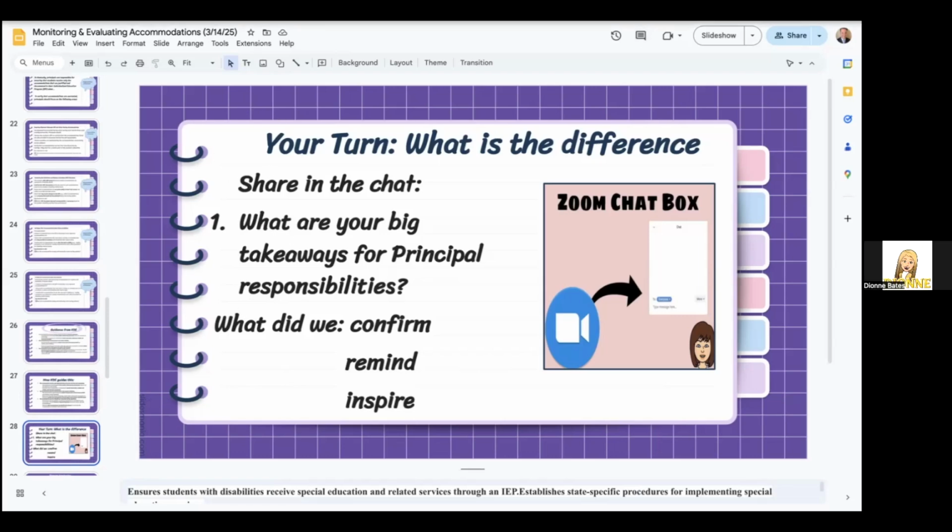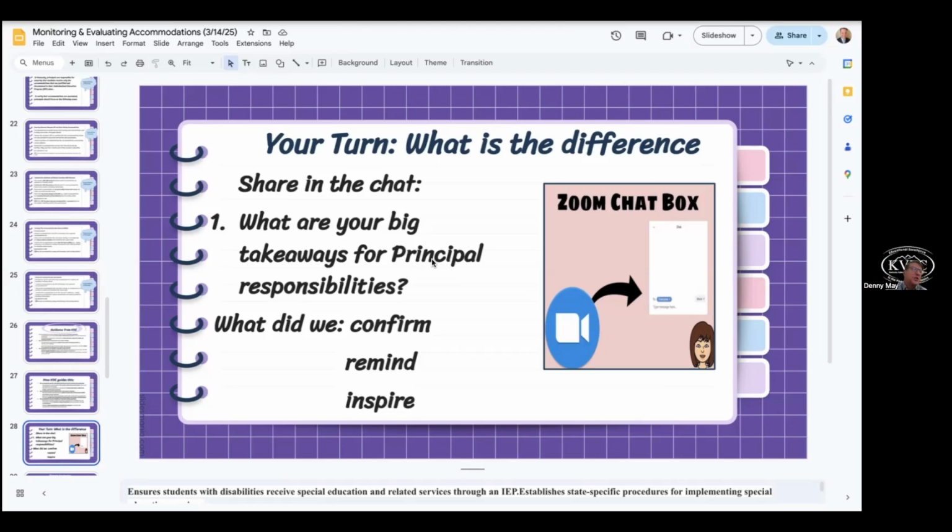What did we learn from these things, I guess, is the best way to say that. Ms. Ritchie put in here to verify students' need for accommodations. Yes, that is perfect. And verifying the accommodation requires us to read the present level. It requires us to look at special factors.